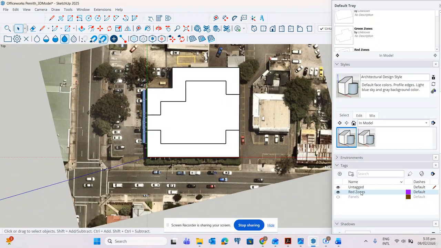Okay. So we will hide the red zone so we can select the object inside the green zone.